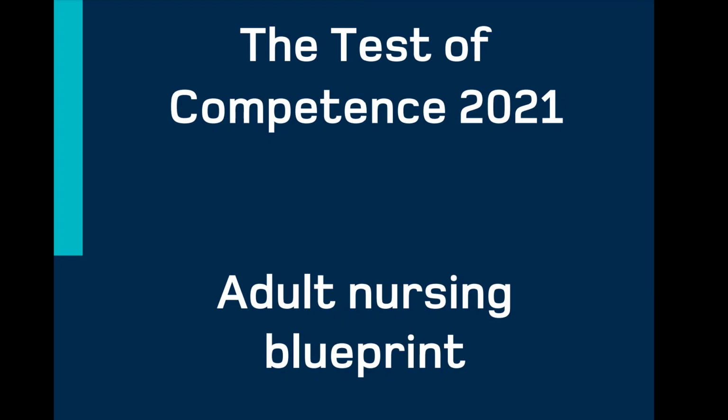Now we have seen how many questions will be asked on each platform. To find out more detail about the content of the CBT, you have to read the Adult Nursing Blueprint, which is provided in the link I have put in the description box. If you click on that link, you will find everything I am showing on the screen. In that blueprint, you can find what type of proficiency will be checked on which platform. So you have to read that blueprint carefully, and it will give you insight into the new CBT.